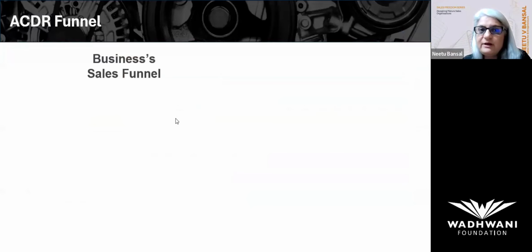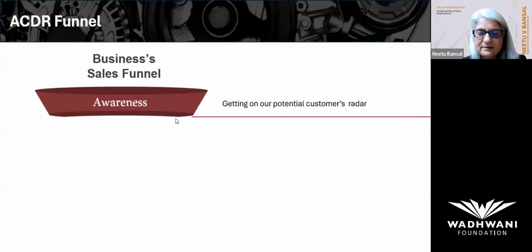Now that we've understood the sources, let's figure out the funnel or the pipe and the pipelines. I'm taking a very basic business sales funnel. Each one of you may have more than this, but I'm just sharing the basic one so that we can use this to understand the logic and then later apply it to your own business. So let's say your sales funnel has 4 stages.